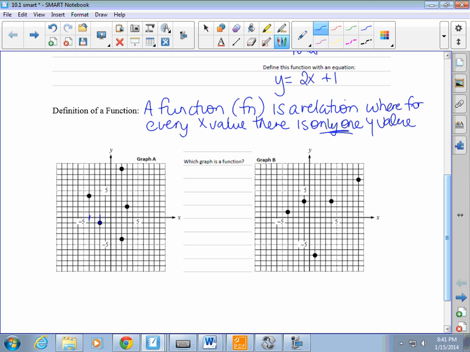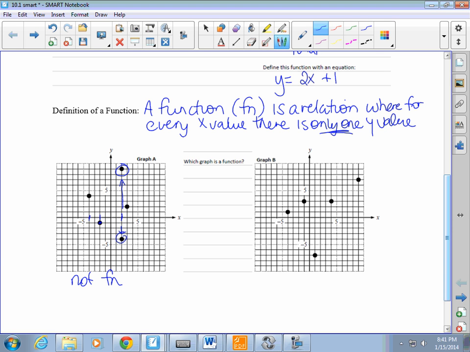Over here at 3, is that 3? 1, 2, 3, right? There's a y value down here, and there's a y value down there. And there was one for the x. This was a function up until I got that x is equal to 3 value, because at that point I had two y values. So this is